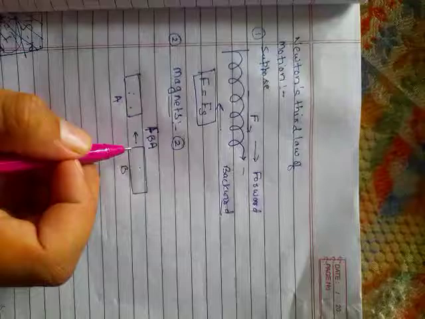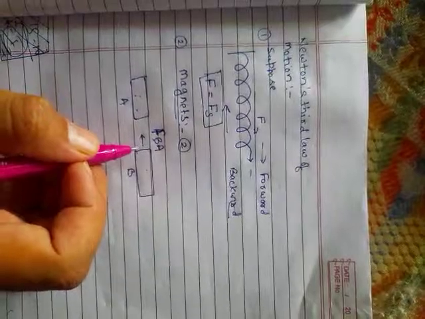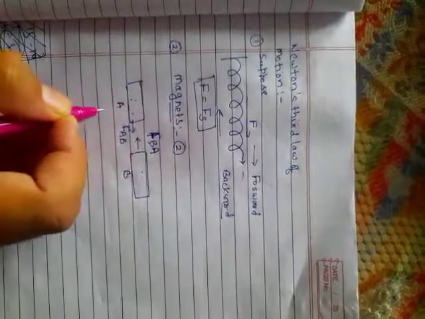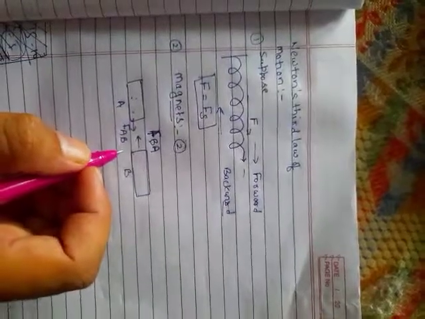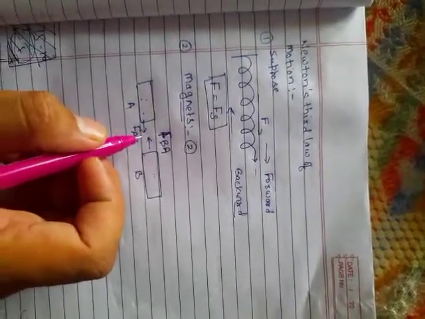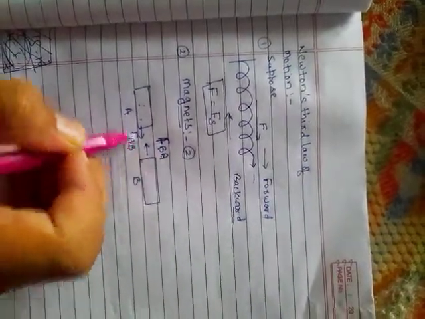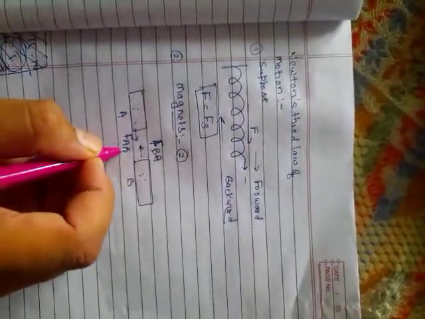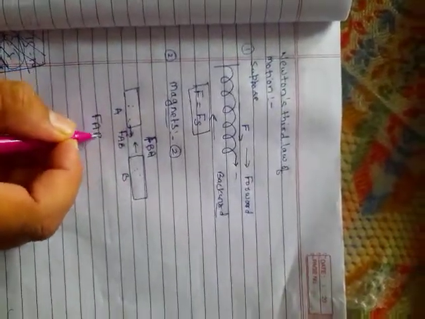Okay or not? Okay. Simultaneously, magnet B applies a force on magnet A, represented by FAB. Clear to you all or not? Simply we can say here that magnet A is applying a force on magnet B towards the left direction, represented by FBA. Means force on B due to A. If force on A due to B, we will write that as FAB. Okay or not? Okay.